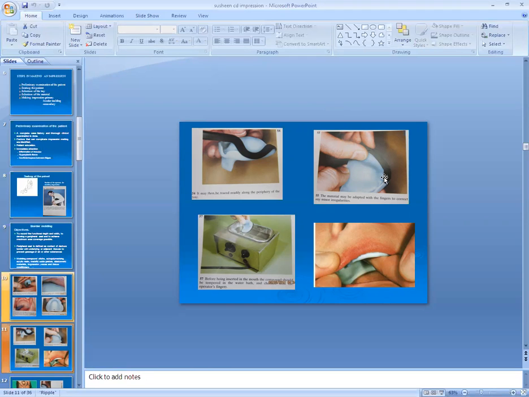Again, the most posterior area of this buccal flange you have to record with side to side movement of the mandible and opening movement of the mandible. Why? To record the coronoid process in the posterior buccal area: side to side movement and opening and closing movement. So this will record the posterior part of the buccal flange.